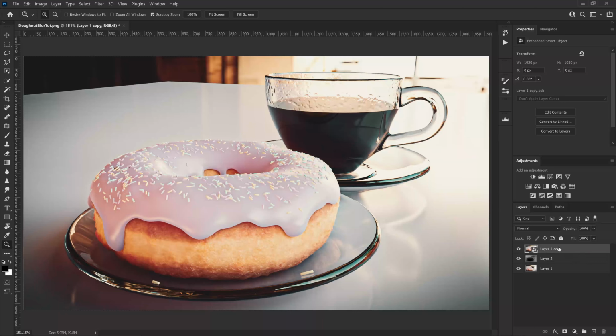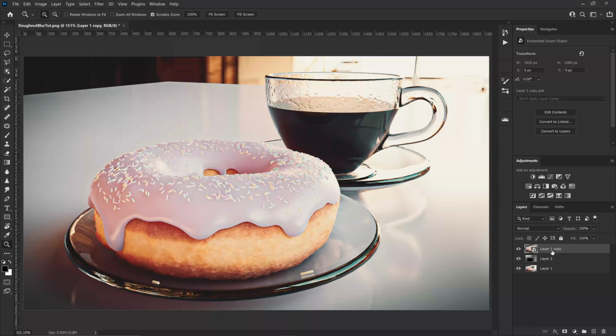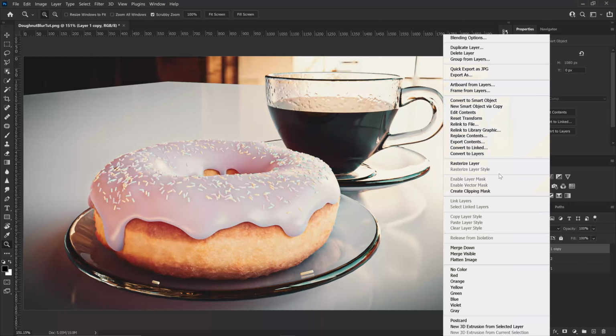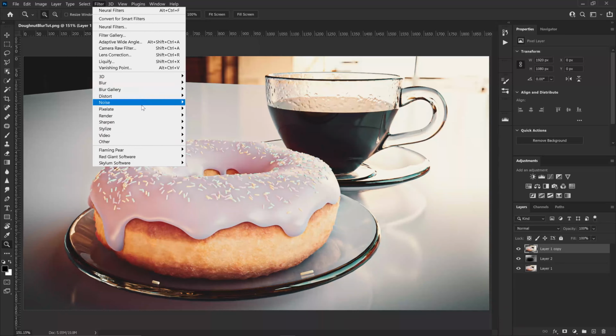Now, if you want to go to blur and that lens blur, see it's grayed out. That's because I have a smart filter here. You can only use it in a destructive way on a rasterized layer, which isn't that great. But if you rasterize that from a smart filter and you go to blur, lens blur,